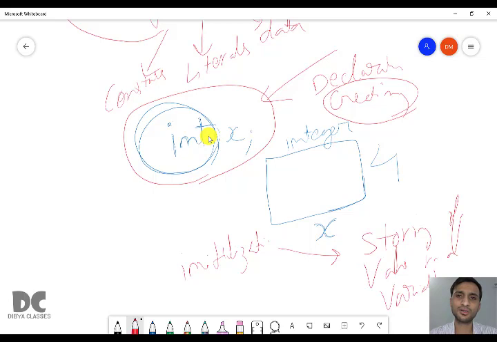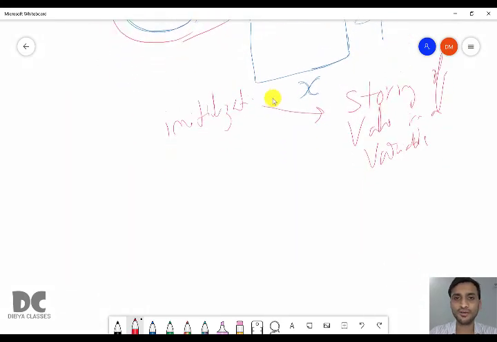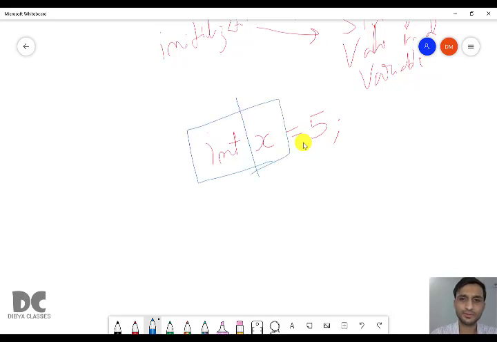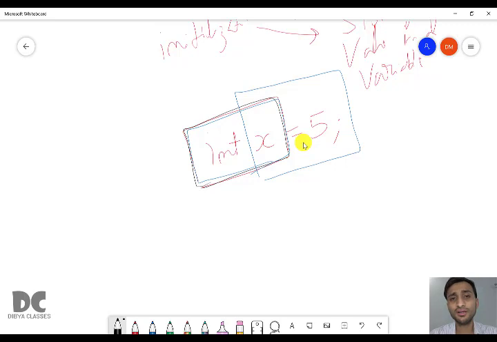Creation of a variable is called declaration, and the storing of a value in the variable which we have created is called initialization. For example, I will write int x equal to 5. This will be divided into two parts. The first part is called the declaration. The second part is called initialization.